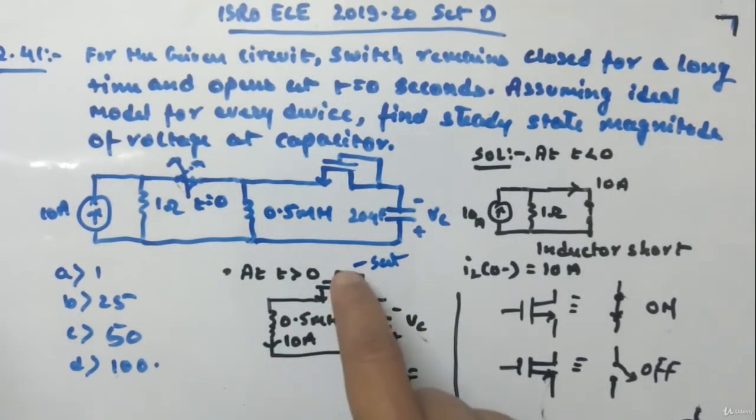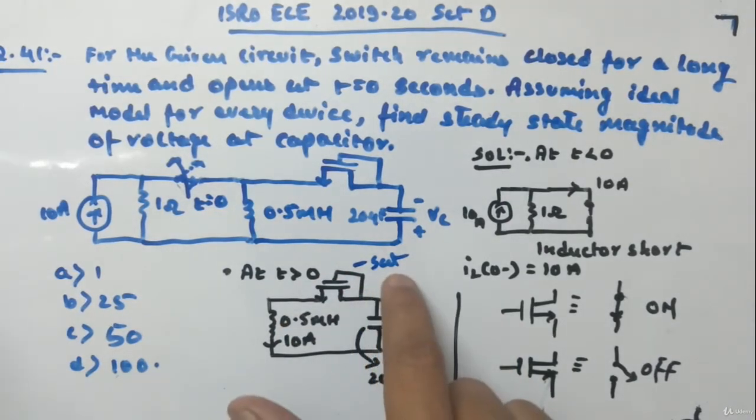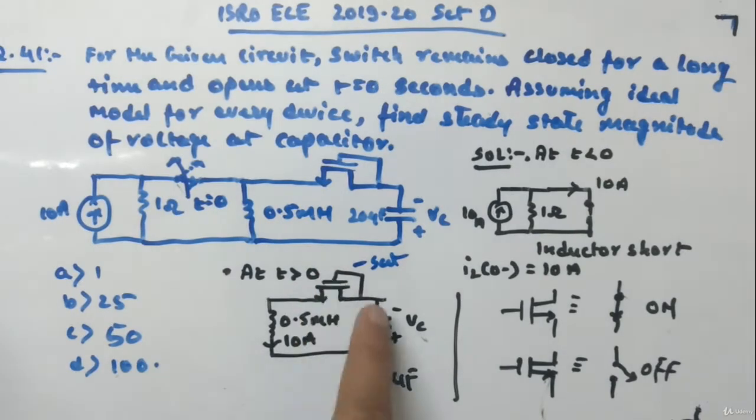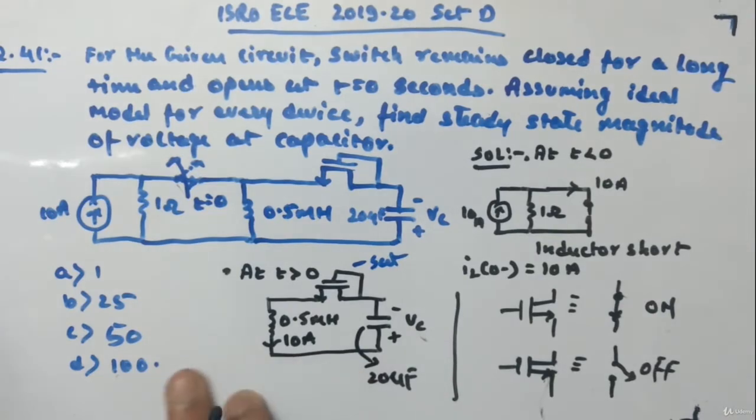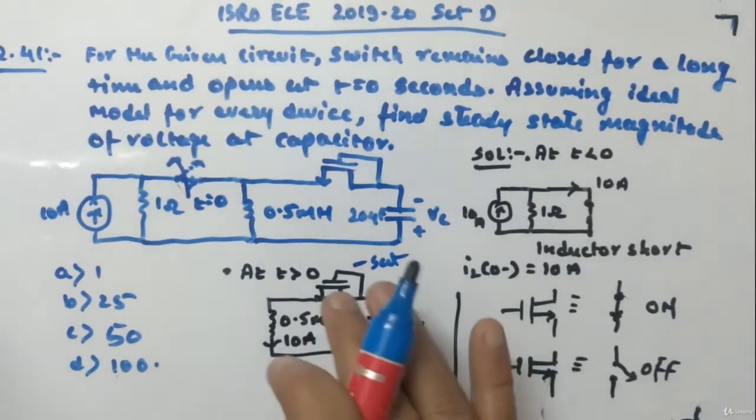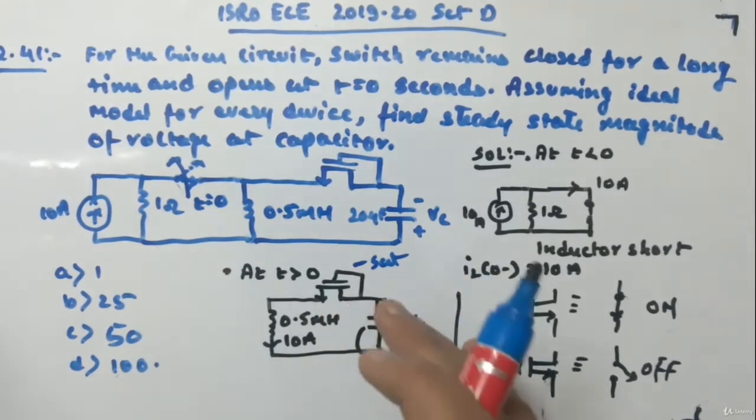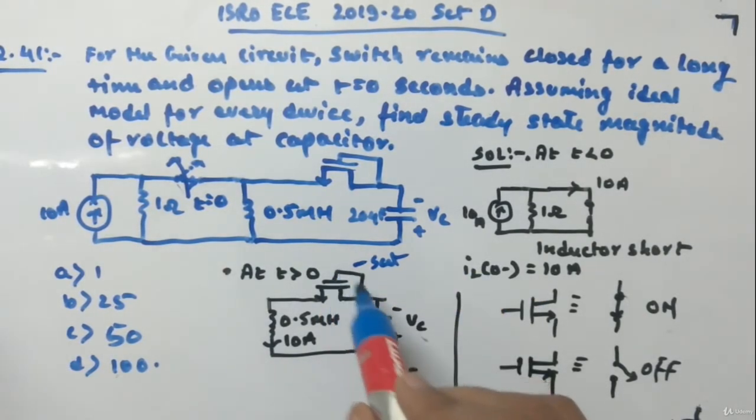Now one thing to note is the gate and drain are connected to each other. So by default you can assume that it is working in saturation region. Because gate and drain are connected, it will satisfy the condition VDS should be greater than or equal to VGS minus VT, or you can say VD should be greater than VG minus VT. Here VG is the same as VD, so the right hand side will be less than the left hand side, so that's why it is behaving in saturation. By default it is in saturation region as soon as you connect the gate and drain.